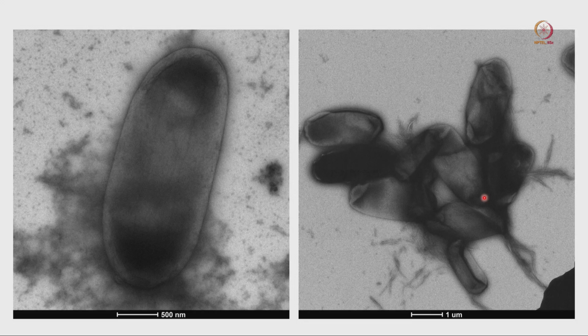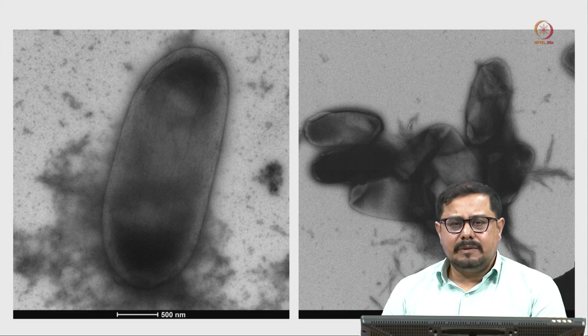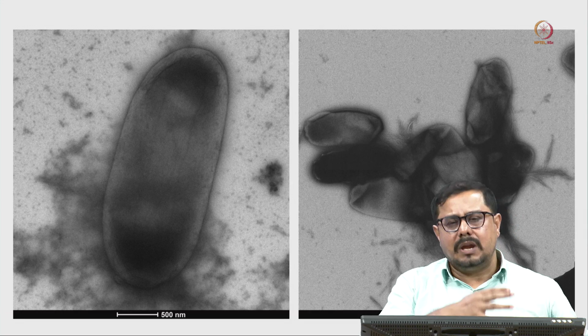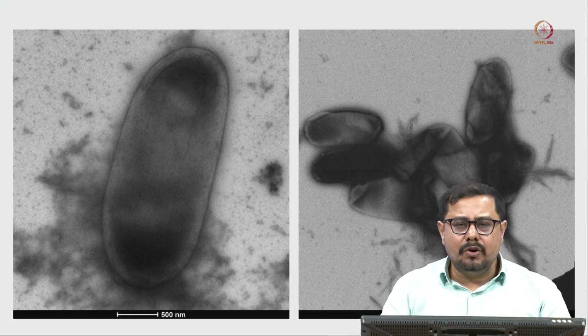In this particular case, we don't need cryo-electron microscopy to study this bacterial cell. We can just use the normal negative staining method to visualize their morphology, and we can test many different concentrations of those inhibitors or peptides. If we try to do cryo-EM, it will be expensive as well as very time consuming. So at different time frames, we incubate the bacteria from 1 minute to 6 hours.